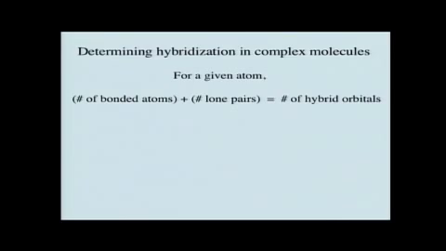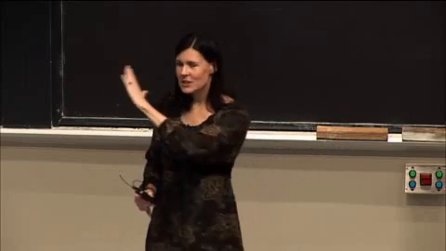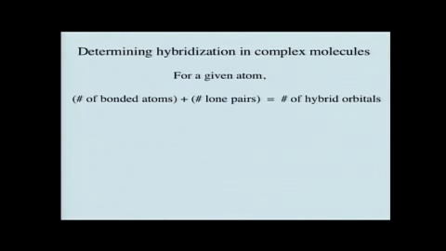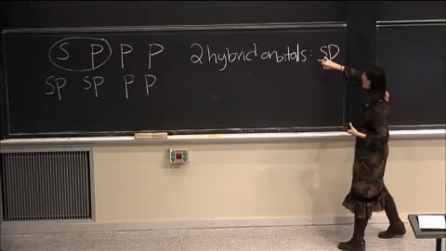All right, so the theory behind hybridization and picturing everything can be pretty complicated, and I do want you to understand that. But if, for example, in an exam situation, you don't necessarily have to think through everything. You can just use this very quick way to figure out the number of hybrid orbitals that you need. And what we just said is that anytime we need 2 hybrid orbitals, we know that the hybridization of that atom is going to be sp, because it's made up of one s